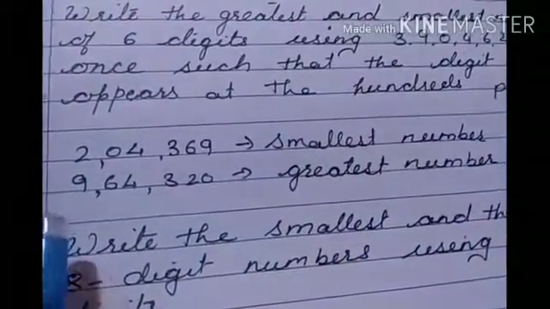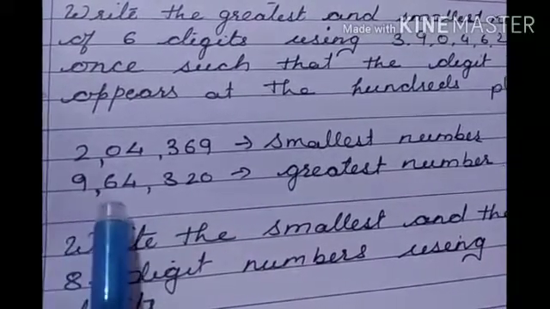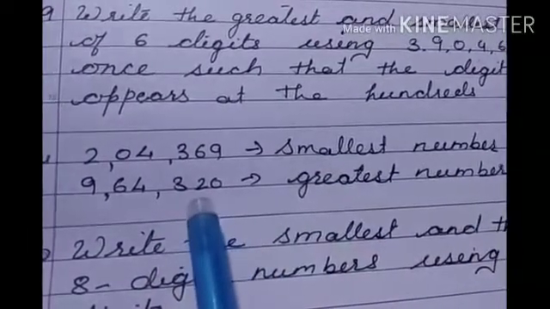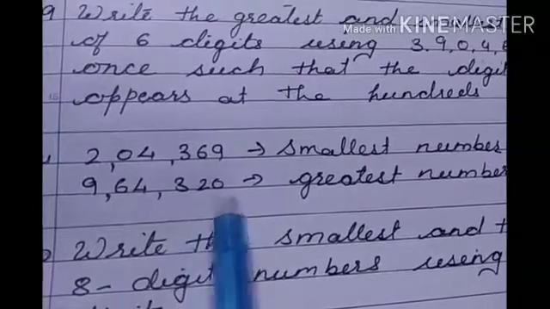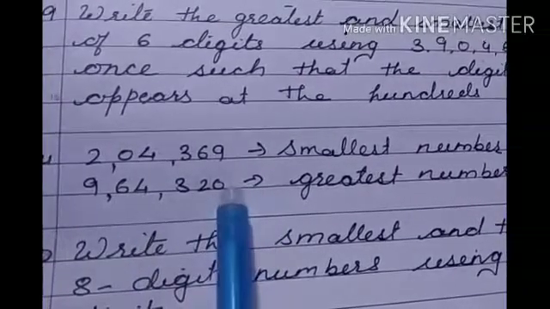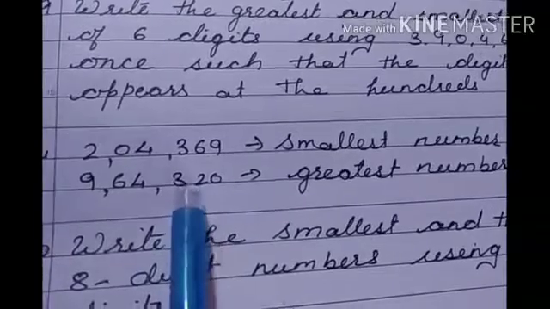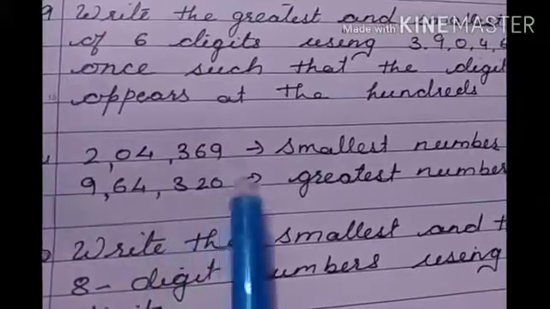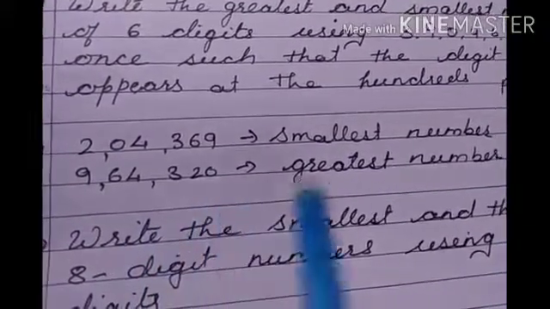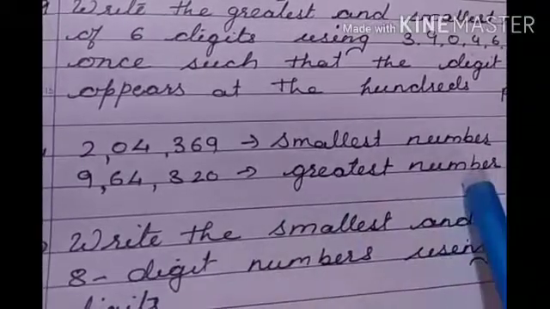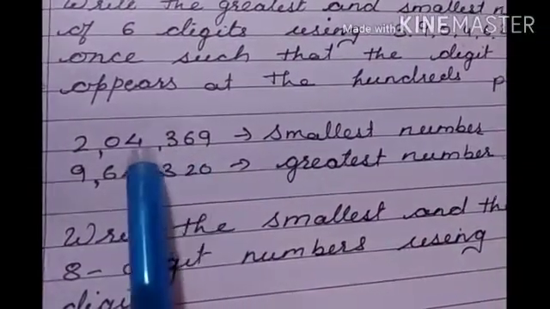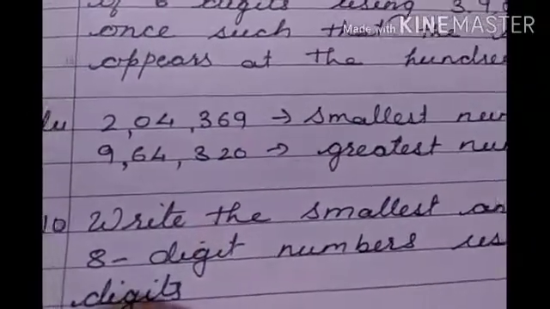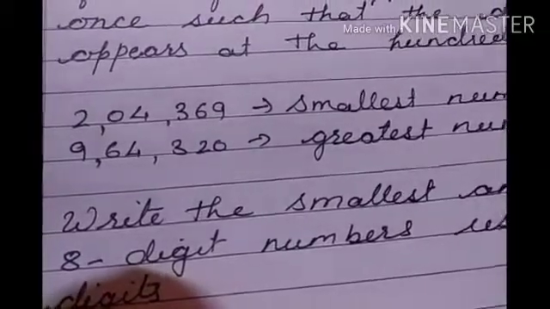Okay, see here, the greatest one is 9, then 6, then 4. 3 will be in its own place because it is the requirement of the question. And 2 and 0. See, I arranged from greatest to smallest, leaving this 3 because there is a condition to write 3 in hundreds place only. Here we have written 3 before 4 because the question is asking us to write 3 in hundreds place. Okay, so by this you are able to make the smallest and greatest number.